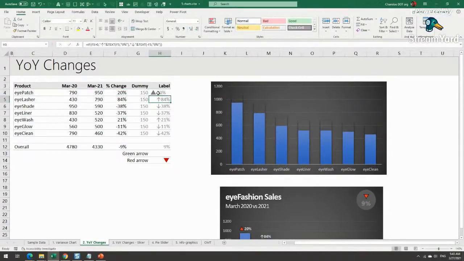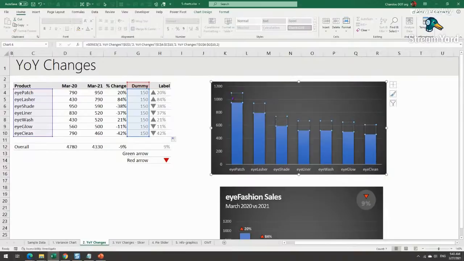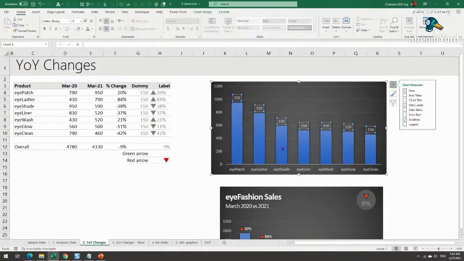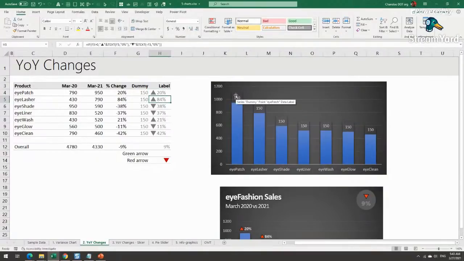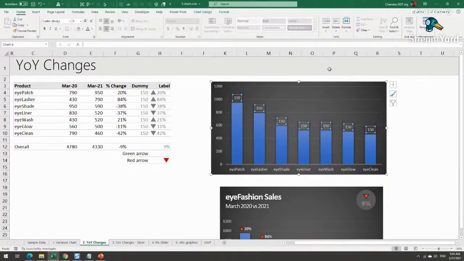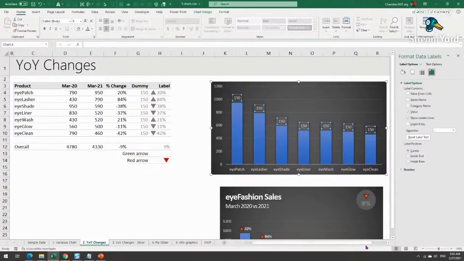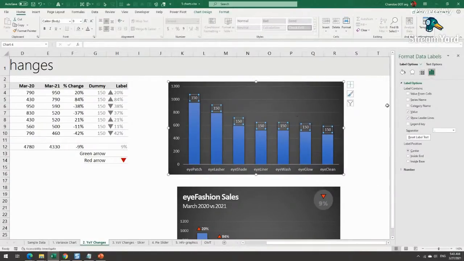And once you have that, you drag it down and then the labels will come through for everything. So once these labels are there, you select the dummy series, click on the plus button and add data labels. So this will show the 150 value as a label for everything. Now what I want is for that 150 to be that percentage. So click on the labels, press Control 1 again, which is going to be your very best friend shortcut from here on. Click on value from cells,